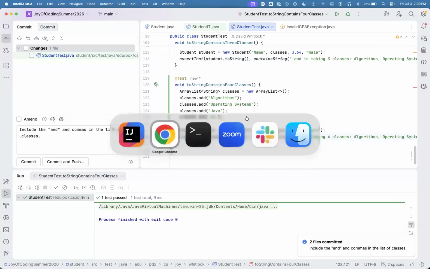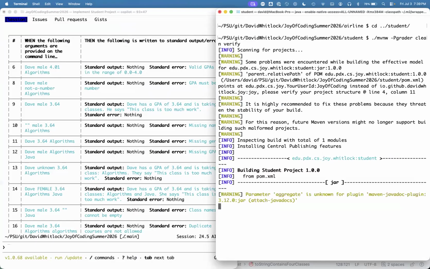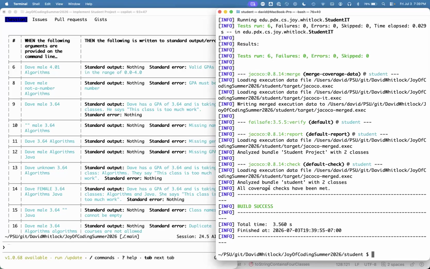You know what? Actually, I want to look at the code coverage of this. I'm curious. I don't think we did that in class. mvnw clean, actually with -P jacoco, and then clean verify. Let's see what the code coverage is. Code coverage has been met. Oh, I guess it doesn't tell me what it is. I'll go look